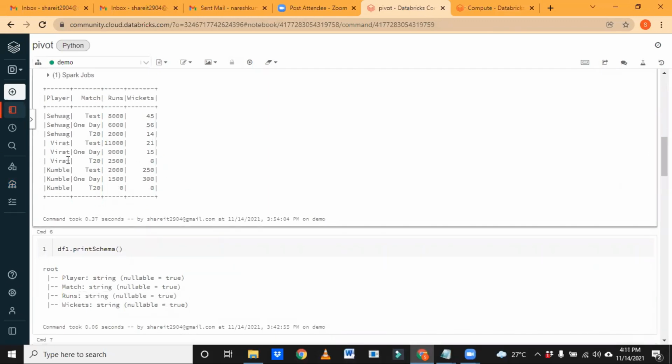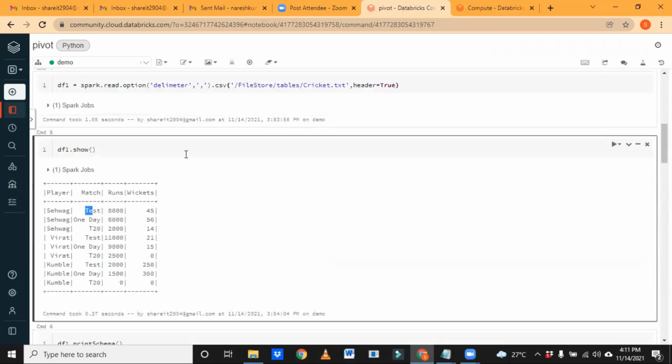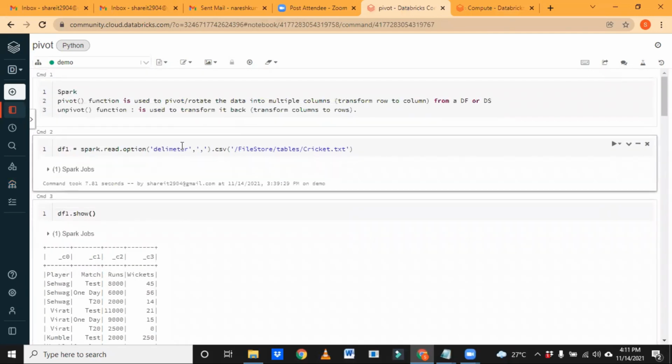Earlier, what will pivot do? Pivot just transposes the column data. Earlier our data is not like this, right? Let me walk through from the start to the end so that you people understand. Hope you understood what I'm saying about the use case. Is it clear, or shall I repeat again?